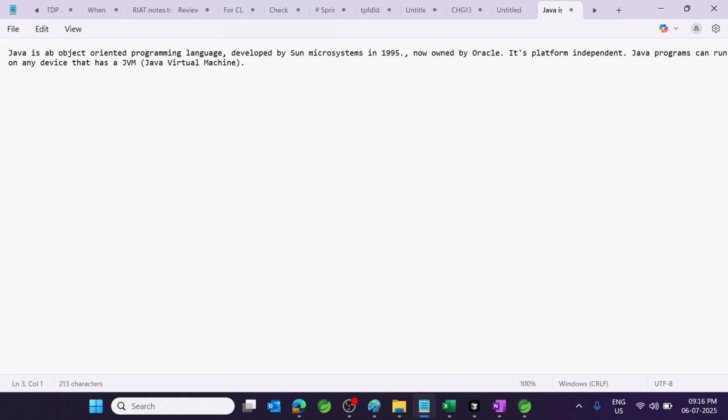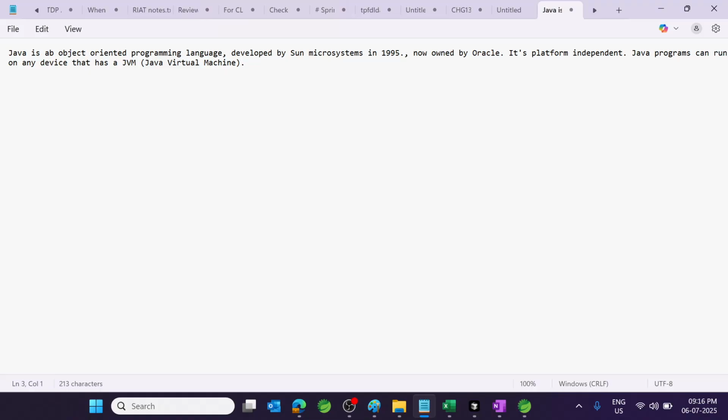Okay. So the next thing is, there are certain key features of Java. So Java is platform independent and it is fully object oriented. Everything is an object in Java. So it is secure, with built-in security features, and it is a robust system. Robust means strong memory management and exception handling, and it is multi-threaded. It means support for concurrent programming.